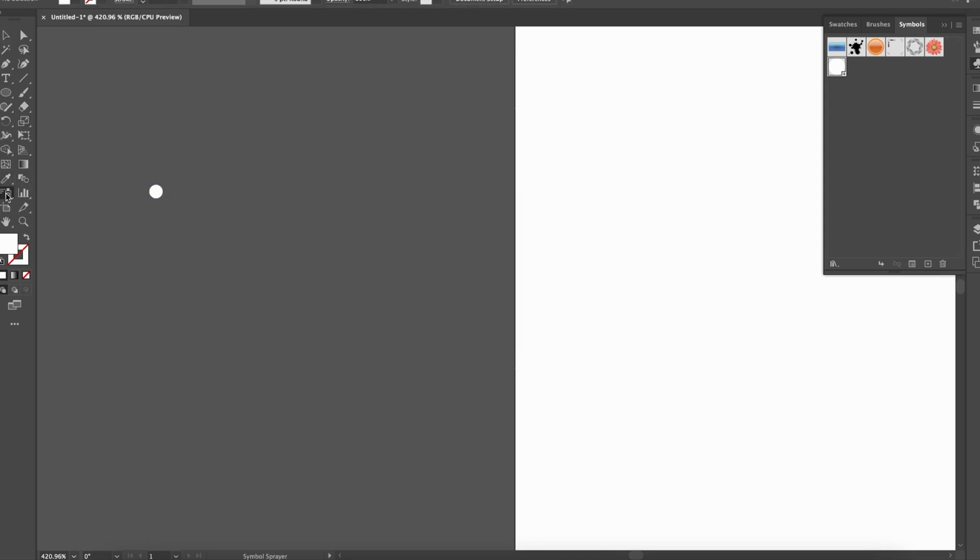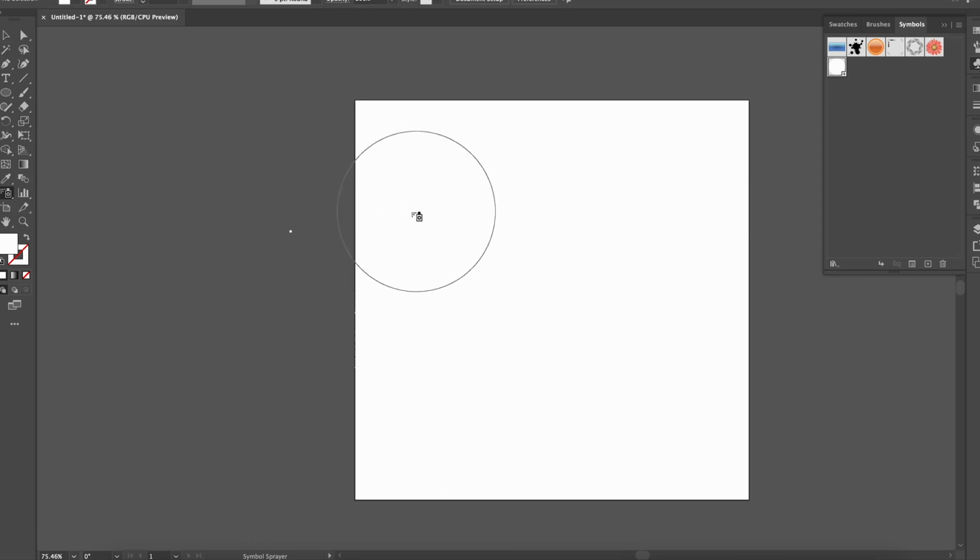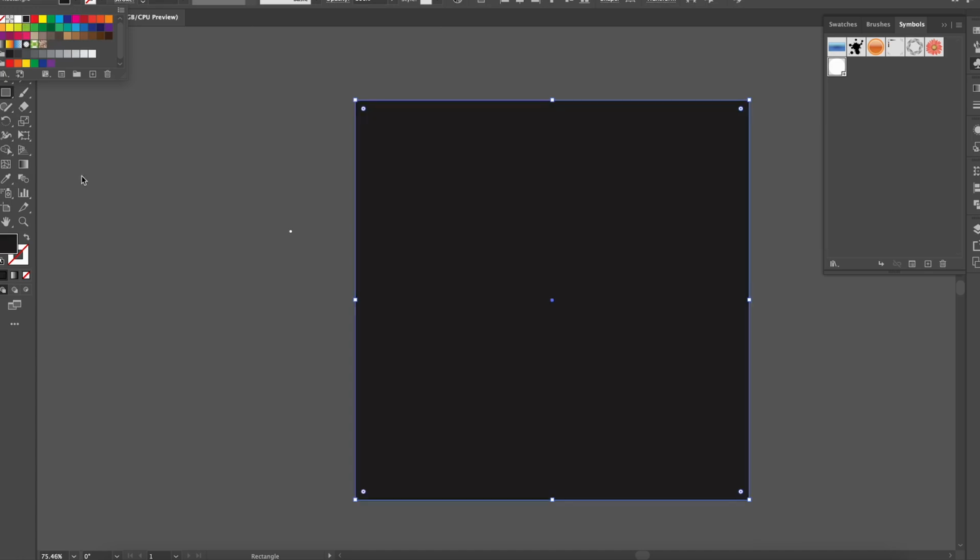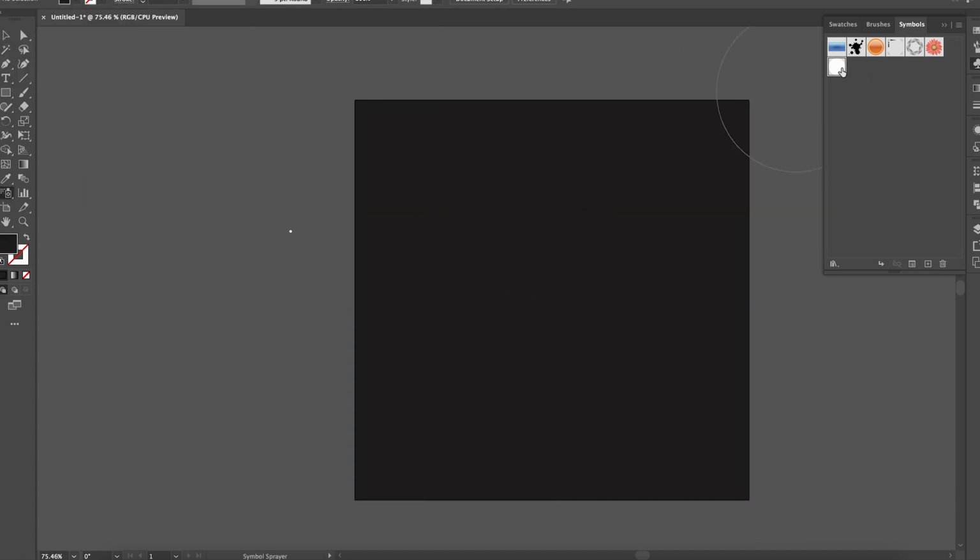Next, I need to select this symbol sprayer icon from here. Since this is white, it won't be visible on the artboard as of now. So let's create a rectangle in the background and let's color this black. Let's go to the sprayer tool. Since this symbol is selected, the symbol sprayer tool will use this icon